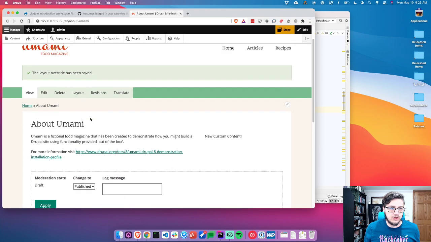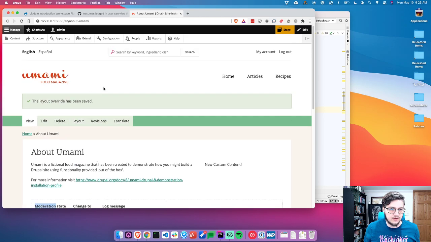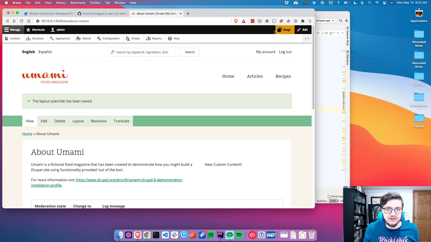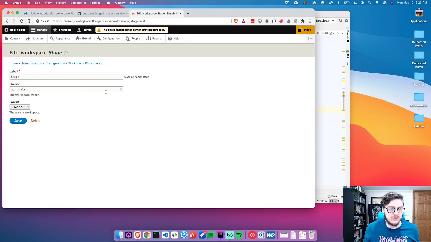And you'll notice that it's now in a state of draft. So there's actually various revisions. The previous revision is still what would be live on the site. See, if we go to the Manage Workspace,